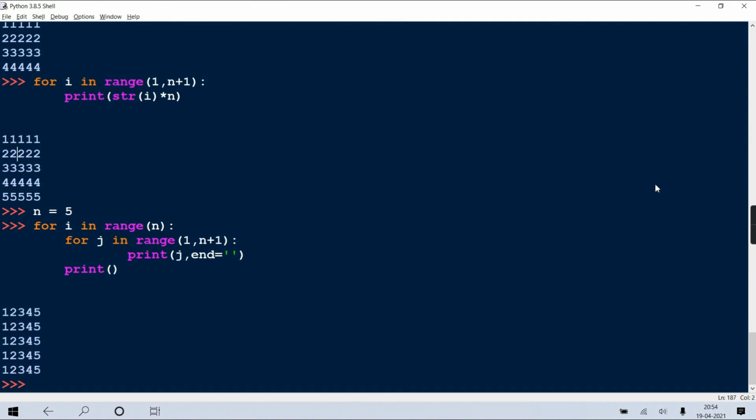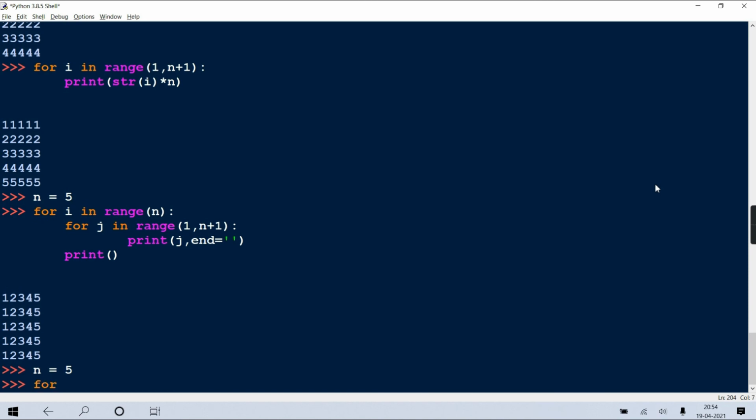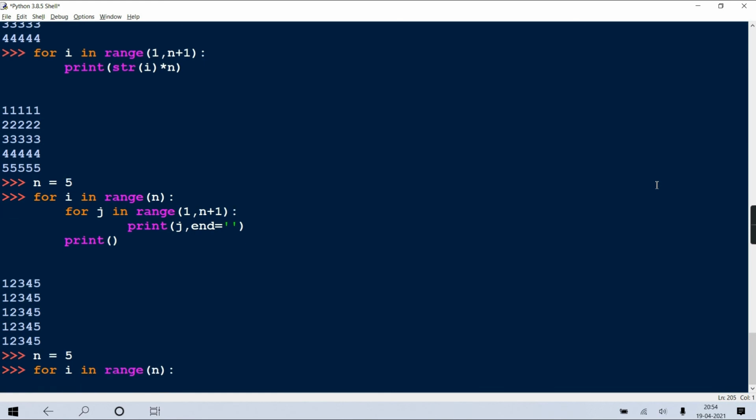Any change in this code? Like here 1 1 1 2 2 2 3 3 3. In that only, can we make some change? What do you say? See, can I do it like this? n equal to 5, right? For i in range n, print.